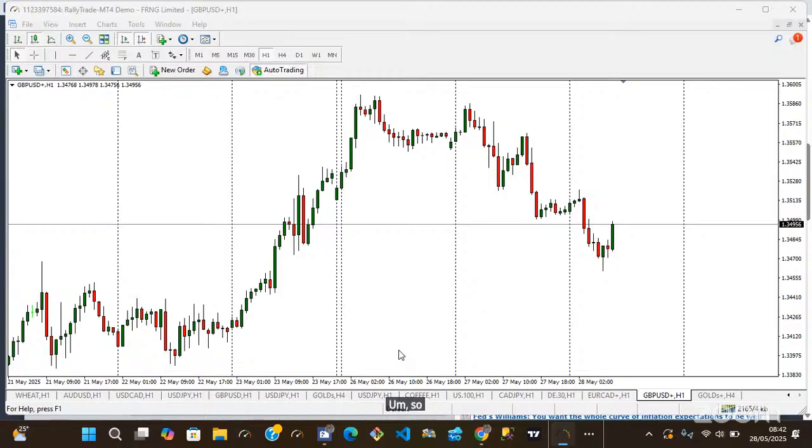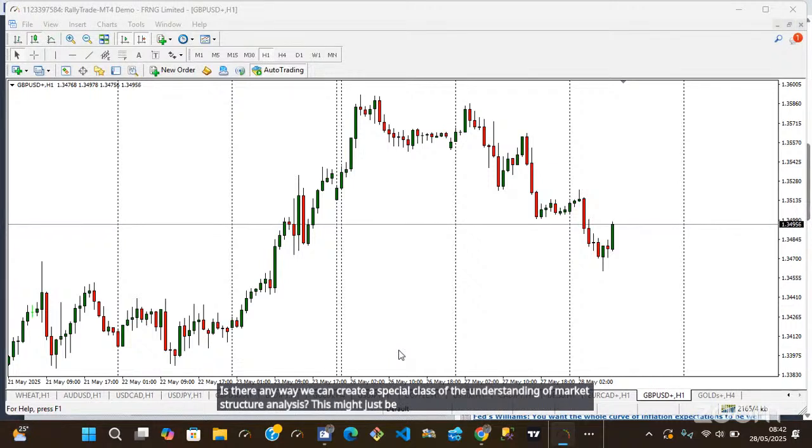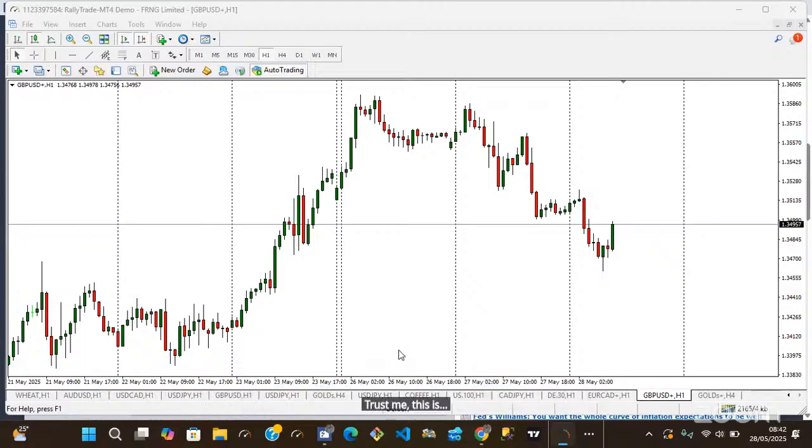So someone says, is there any way we can create a special class on the understanding of market structure analysis? This might just be the missing link. Trust me, this is the missing link, not might just be. You would be shocked how